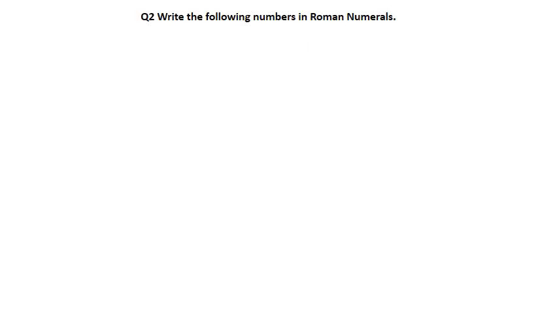Let us solve question number 2. Write the following numbers in Roman numerals. First one, 21. Now this 21 we will write down in expanded form, which is 20 plus 1. Now students, if you see, 20 is not our basic symbol. So this 20 will be split into our basic symbol, as 10 plus 10 becomes 20, and this 1 as 21.